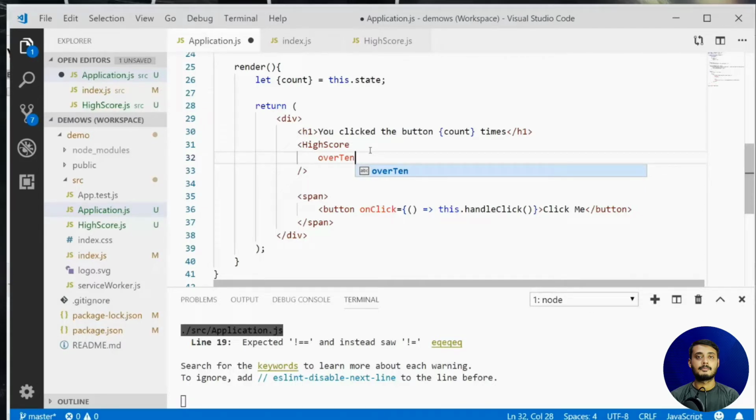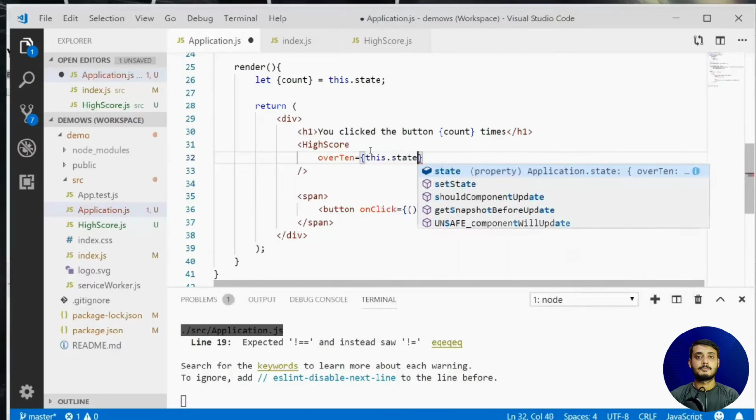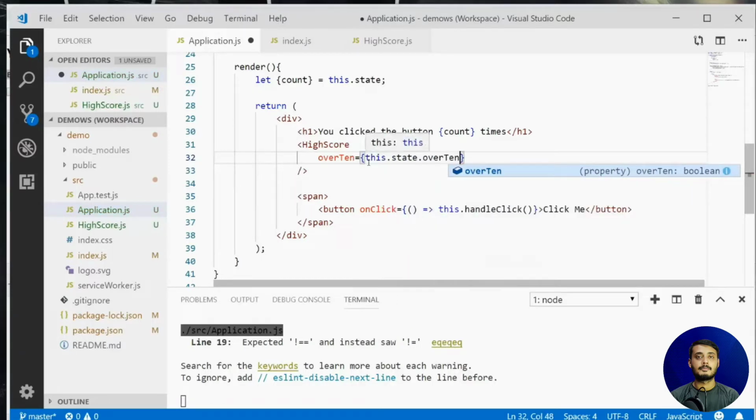So there are all the property names that you can use in HTML for the most part, that are predefined in React. When you are passing properties, you just make them up however you want to. So in this case, I'm gonna create a property called over10, and I'm gonna set it to